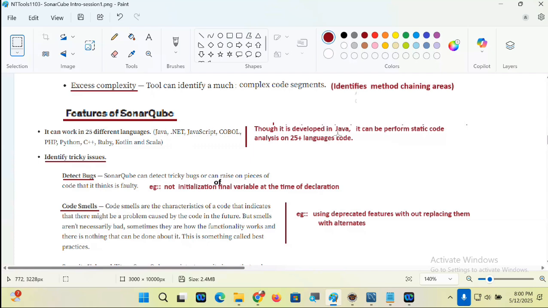Though it is developed in Java, it can perform static code analysis on 25 plus languages code. Are you getting my point, guys? Come on. Super. Next.